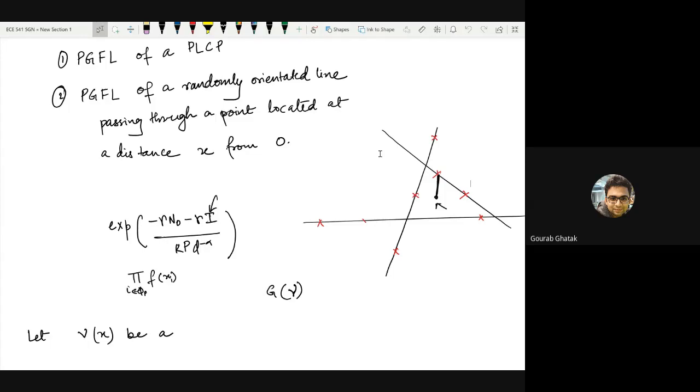So I was explaining that, as I don't have to tell you more number of times, the probability generating functional, or some form of it like the Laplace transform, is an essential component in order to get the SINR coverage probability. So if a user is located at this origin, and in this case, if I call the base stations to be located along the roads, what we have to find out is the probability generating functional of the PLCP. And the evaluation looks similar. What we have to find out is basically,